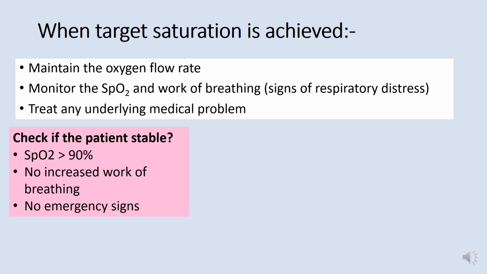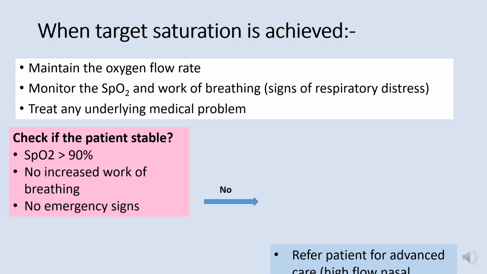So, once all these things are going on, then you now need to check if the patient is stable. That is what we mean by monitoring. So you'll keep checking the oxygen saturation, which should be above 90%. You need to look if there are any signs of increased work of breathing and if there are any emergency signs. If the answer is no to these things, then